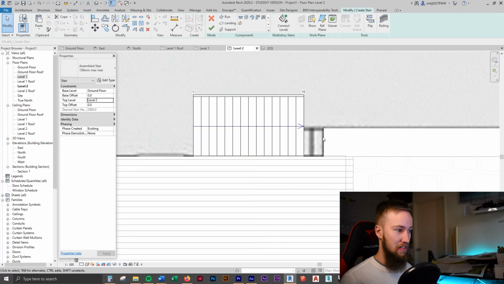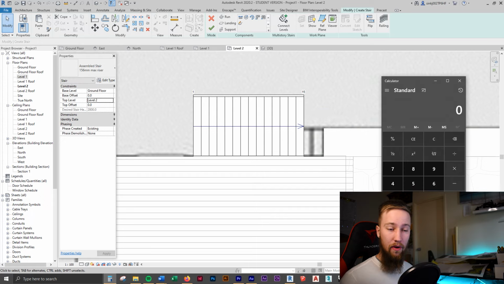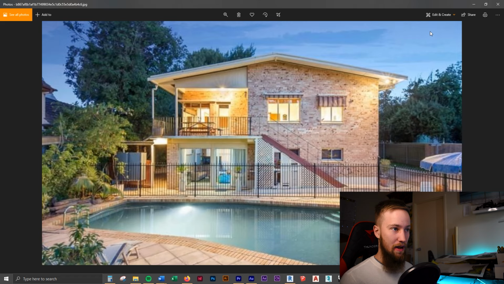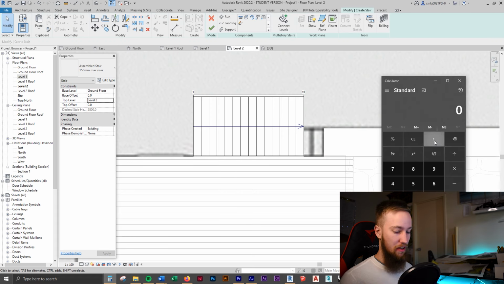And now we can measure the distance from the top of the balcony, or the bottom of the balcony, I guess you could say, to the bottom of the ground. Let's measure from this point to that point, which is 3300. We're going to have to take a guess at what the stair width is. I'm going to guess it's about 180 mils. So if we go 3300 divided by 180, we can figure out how many steps we